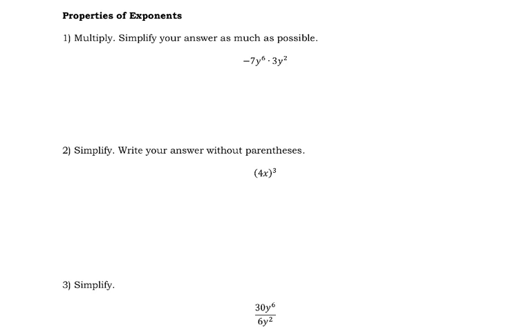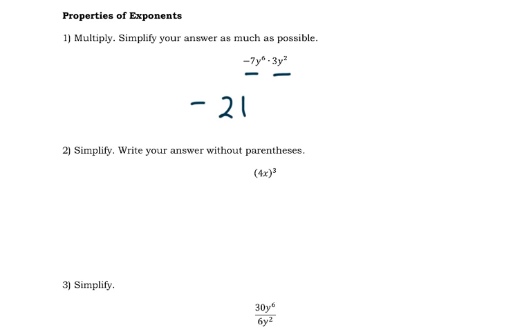It says, multiply, simplify your answer as much as possible. So here we're multiplying two terms, and whenever you have variables with exponents and you're multiplying, you actually add the exponents. I know it kind of gets confusing sometimes because there are some coefficients in the front. But those coefficients are numbers, and you're going to treat them as you normally would. So if I multiply negative 7 and 3, I get